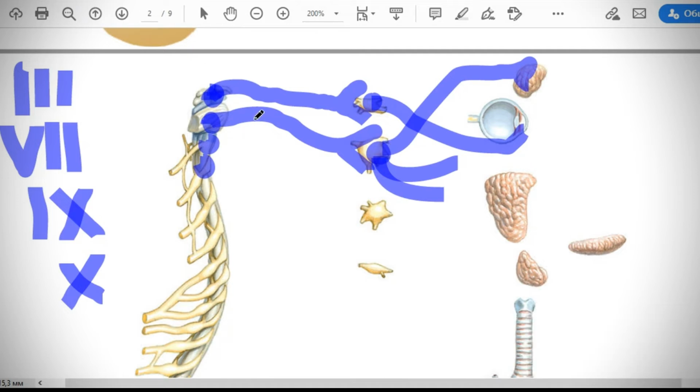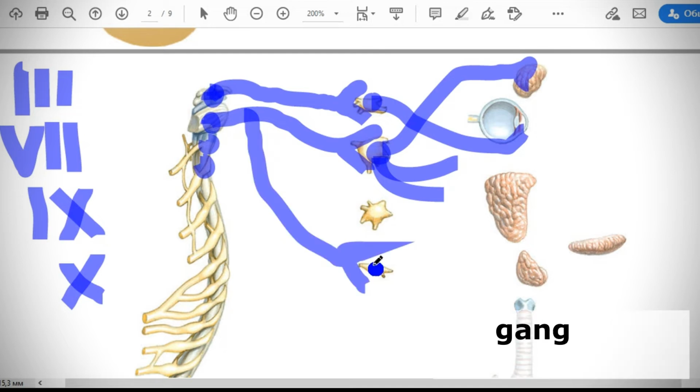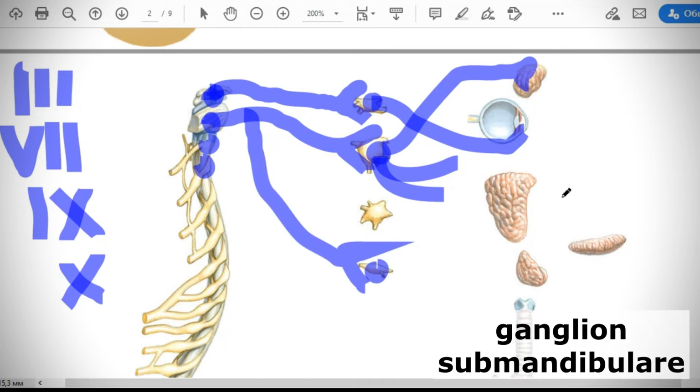The second branch of the facial nerve that consists of preganglionic neurons is the chorda tympani. Chorda tympani, you remember, joins the nervus lingualis, goes to the oral cavity, and these fibers reach another ganglion, submandibular, or sublingual if that exists. It's not constant. There will be transmission, and postganglionic fibers supply